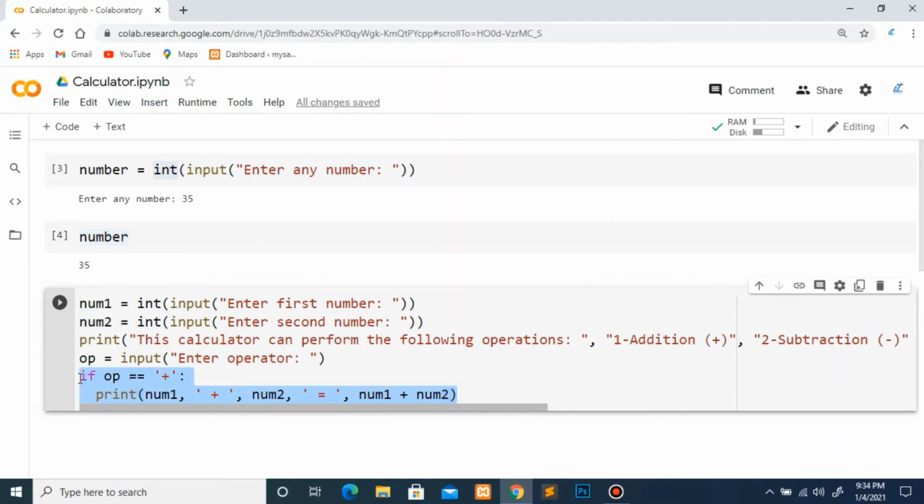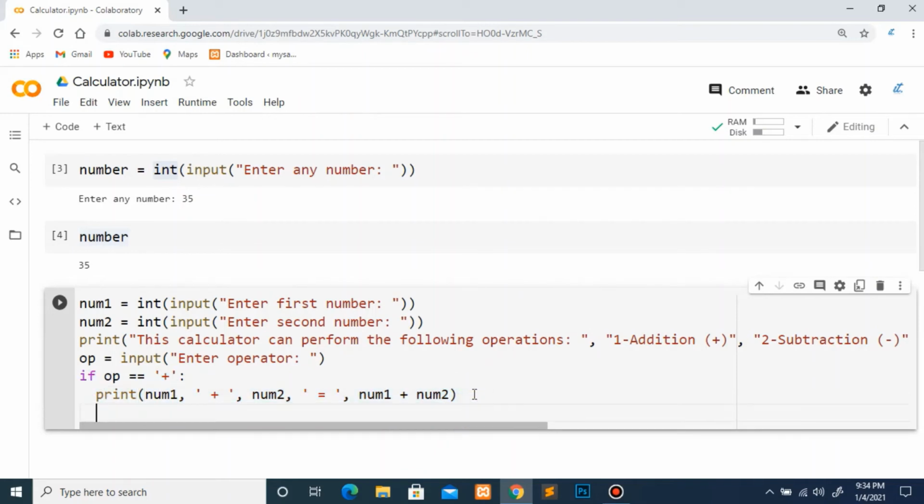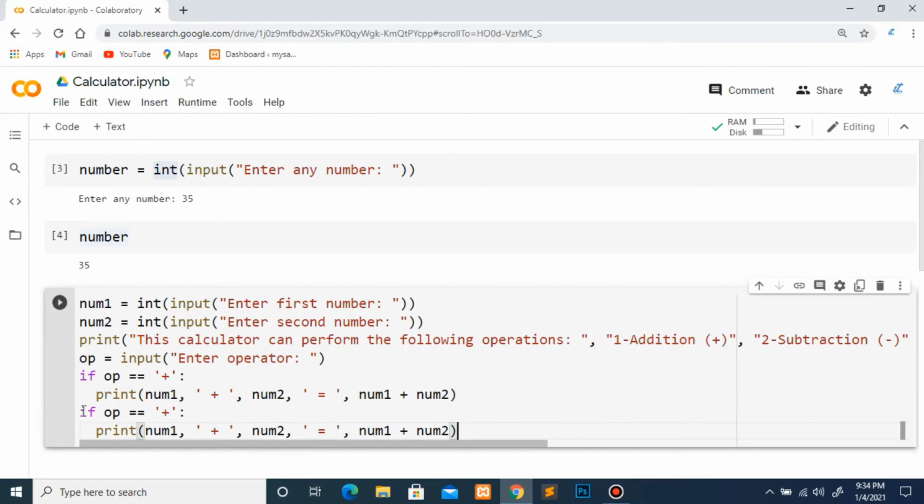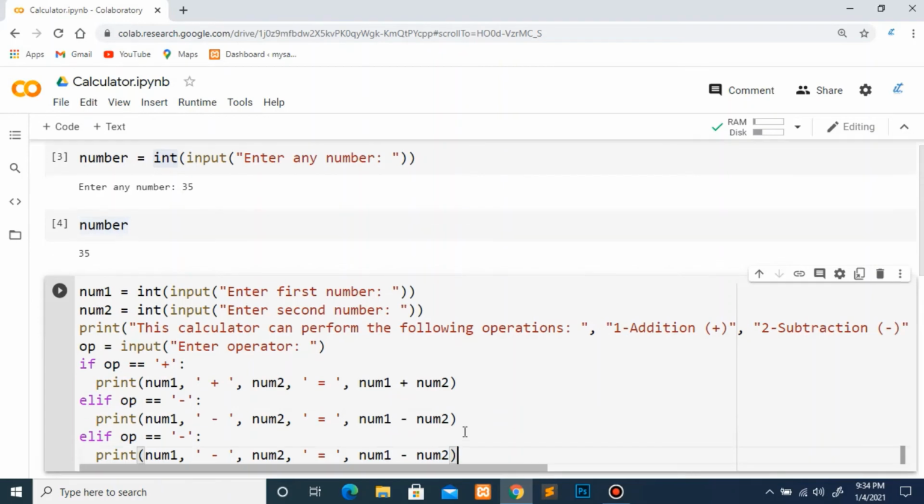Just copy paste it, and here you can write elif operator is equal to minus. For subtraction we will use this minus operator. After this I will write it for multiplication. Just change the symbol for multiplication.